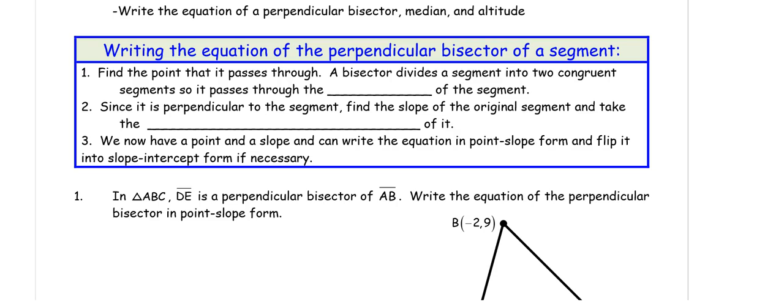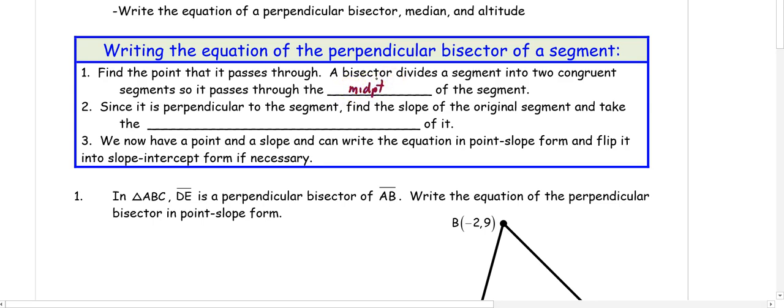This video is about writing the equations of a line of a perpendicular bisector. In order to write the equation of a perpendicular bisector, we have to find the point that it passes through. Remember that a perpendicular bisector divides a segment into two congruent parts, so it passes through the midpoint of the